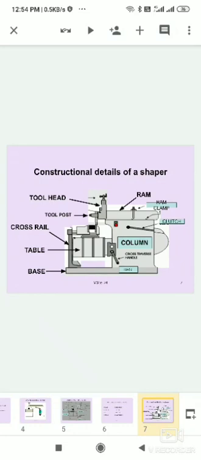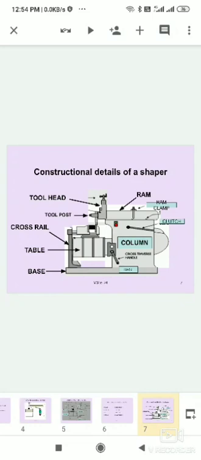The table is box type. Cross rail, tool post, tool head. It is the top position of the lever. That lever gives the direction to the backward direction. And ram clamp, clutch, column, cross traverse handle.